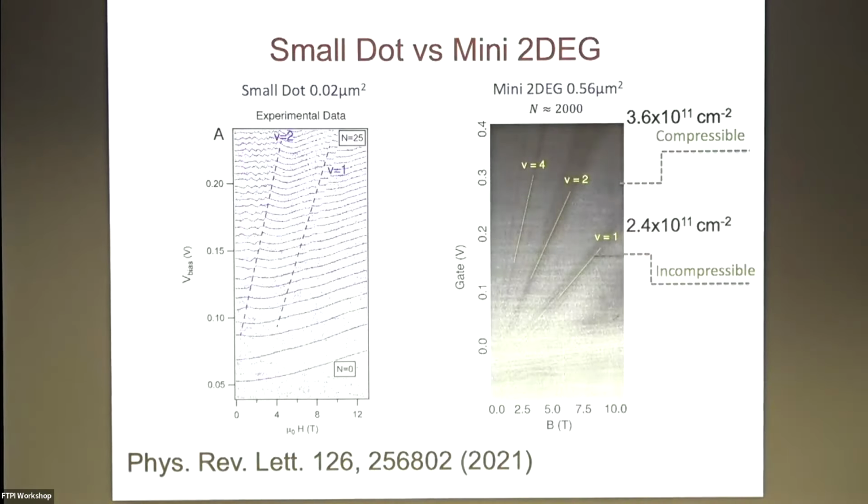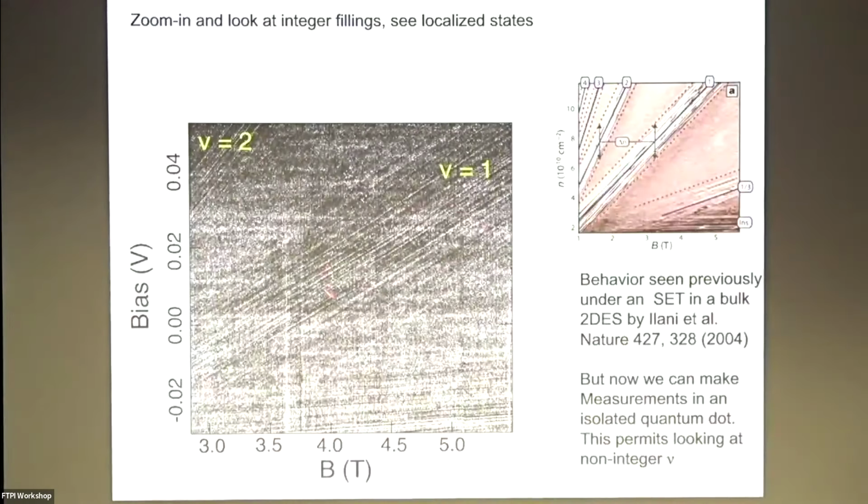What was really interesting though was that we could take that dot and go up to thousands of electrons in the system. This is just in comparison to a small, tiny quantum dot that acts like an artificial atom, where you can see filling factor 1, filling factor 2, and this funny sort of zigzag behavior that has to do with depopulating Landau levels at lower magnetic fields. So what we did here is zoom in on a couple places. If you zoom into the integers, nu equals 1 and nu equals 2, you see these little striations going along.